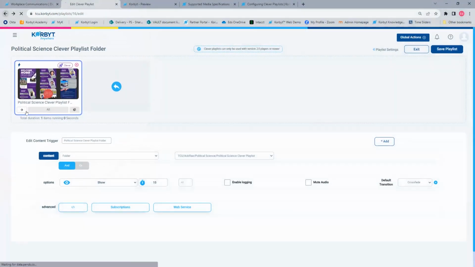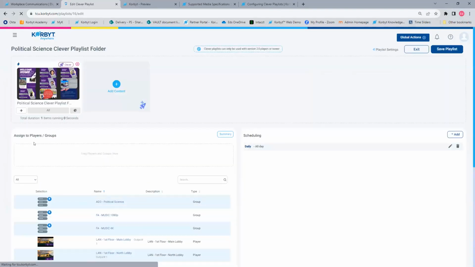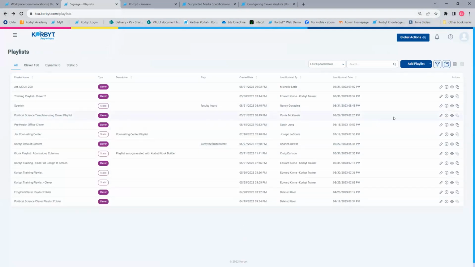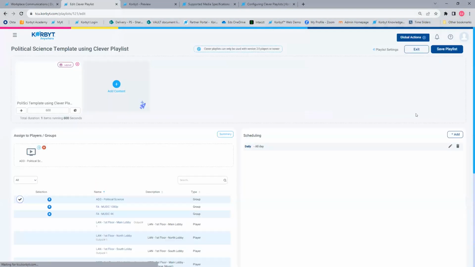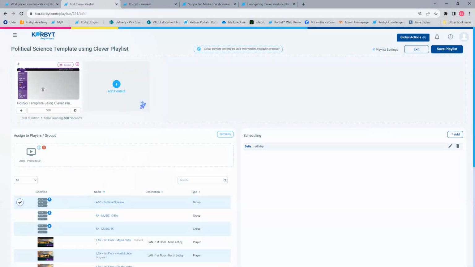You'll notice it's not being sent to any player. It's just a playlist, being referenced by that layout. That layout is being sent out to the player, pulling together all of those pieces of content. So that's how playlists can be nested inside of a design. It's not just that these items go full screen.